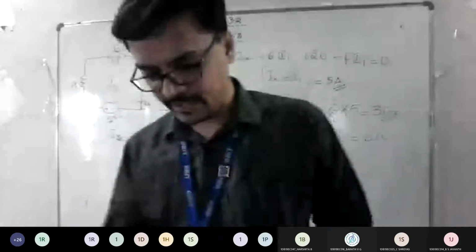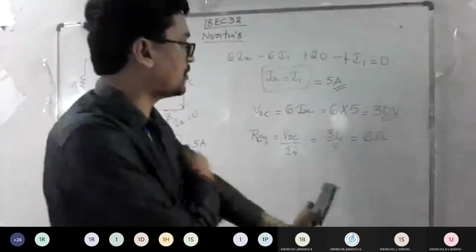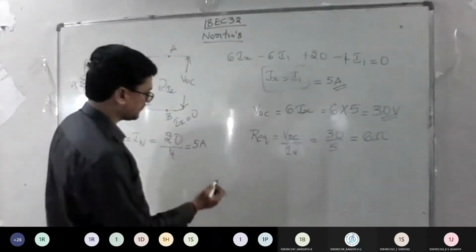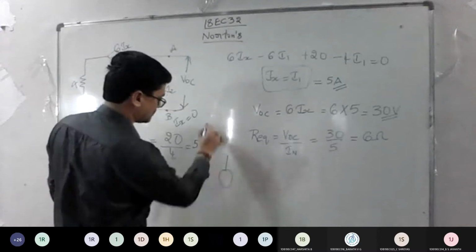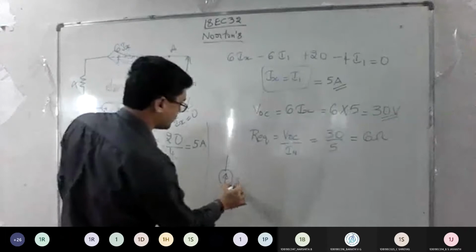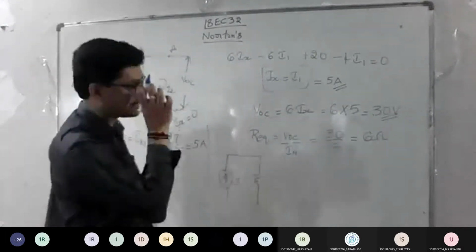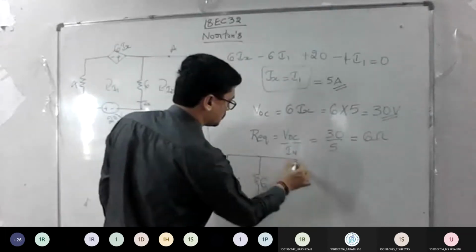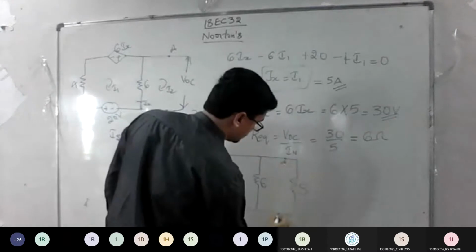You got the logic how to find the Norton equivalent for independent or dependent source problems. So once this is done, what is the next part? You need an equivalent circuit here. Equivalent circuit breakdown: current source. So Norton current, how much you got? It was 5. And the assumption what we have made is correct because we got a positive answer, right? So the load was 5 ohm. So this is your AB.